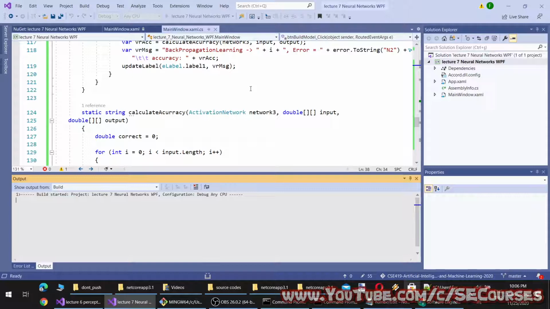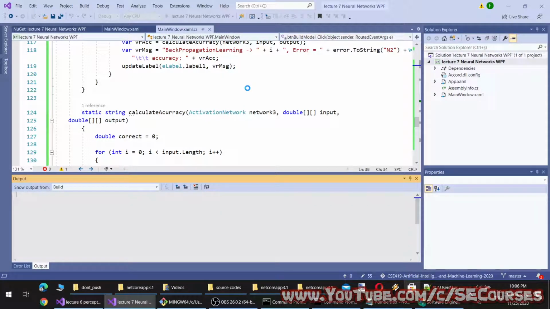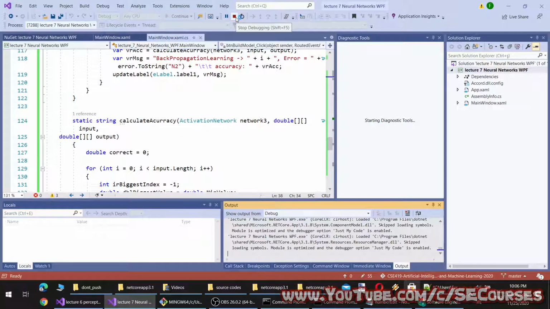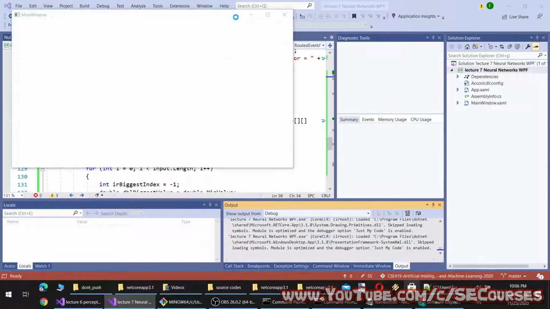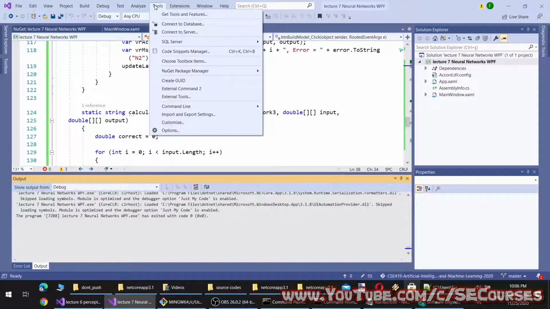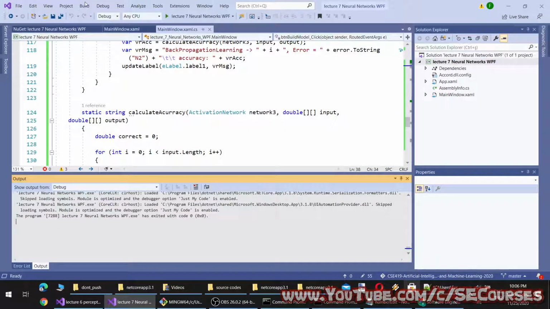By the way, I will also convert our application to 64-bit to get better performance. Let me do that as well. And when you convert your application to 64-bit, the debug folder also changes.